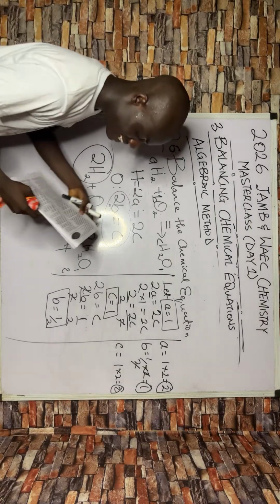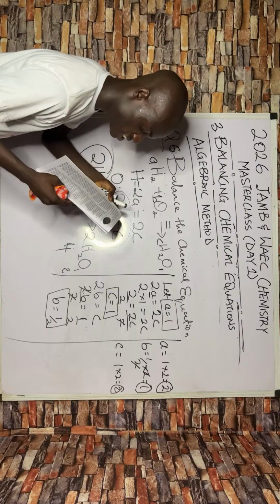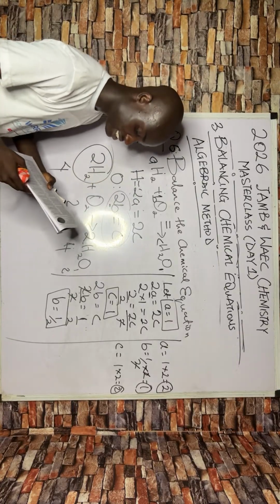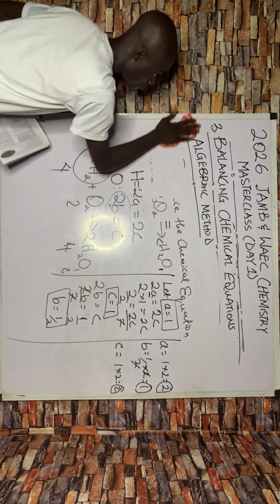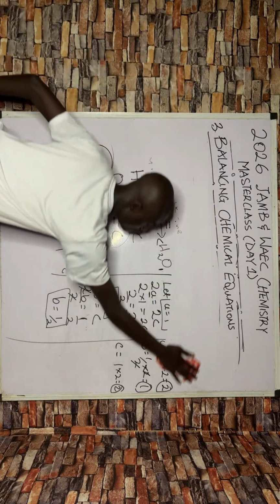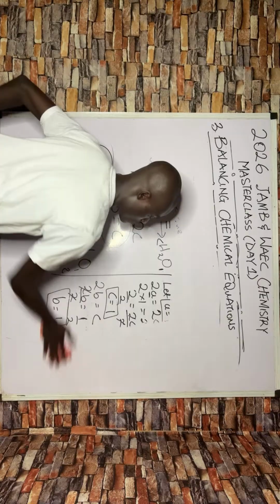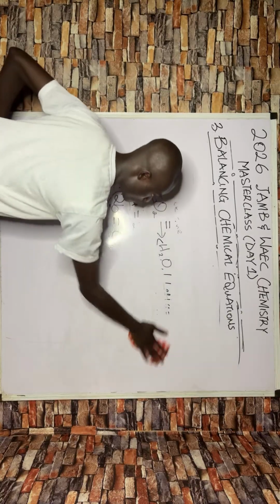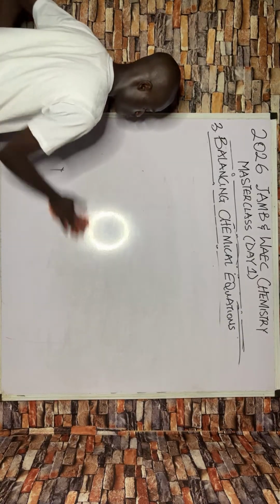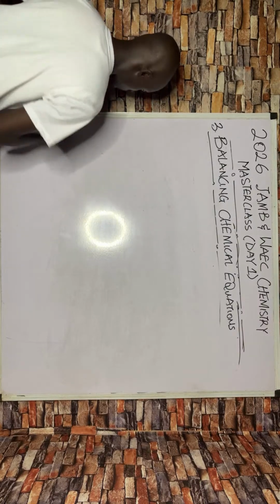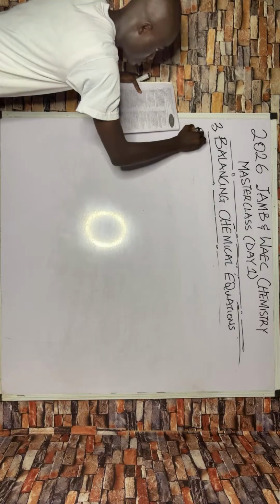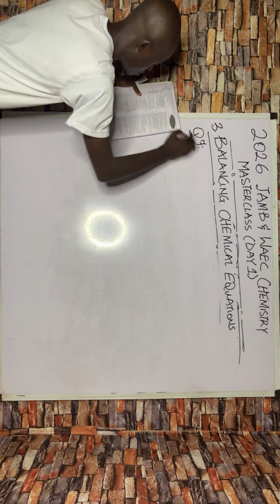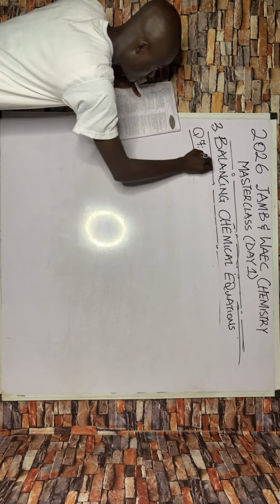So we take our last question from the JAMB past questions, from JAMB 2007 question 2. So let's take that. The last question in this lesson, which is question 7, is going to be, we have a question which is